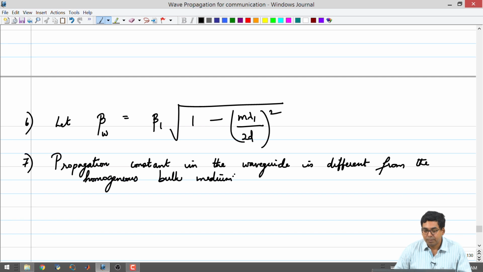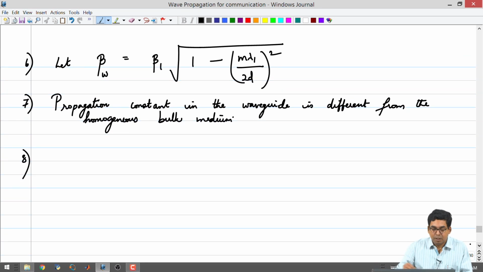Now, what would this mean? By placing two plates in a homogeneous medium, a lot of things change. First of all, the effective velocity has changed, the phase constant has changed. If the phase constant has changed, we know the formula for phase constant, which means that the effective wavelength inside of this configuration has also changed.